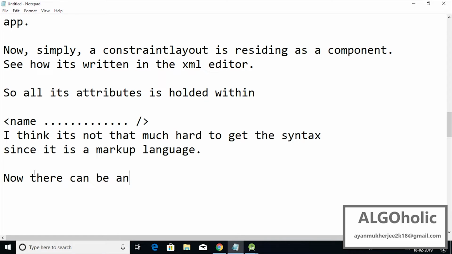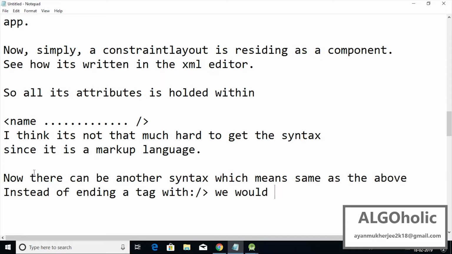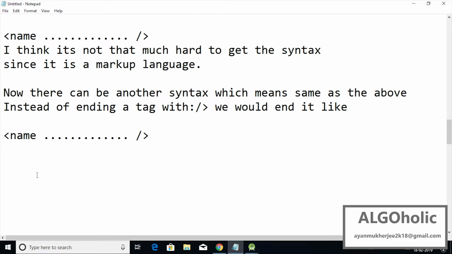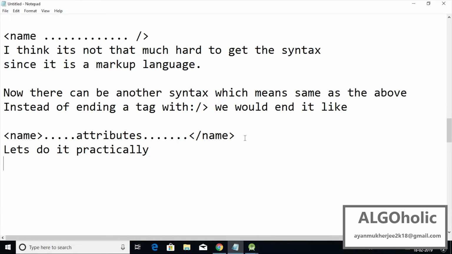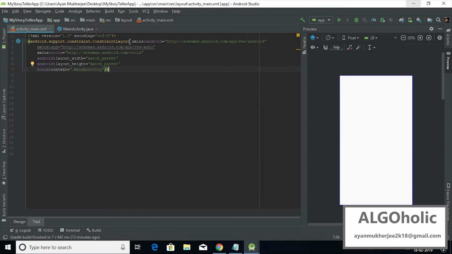Now there can be another syntax, which means the same as the above one. Instead of ending a tag with a slash and greater than sign, we would end it like this: less than sign, widget name, then attributes, greater than sign, something contained within, and again the tag ended, this time with a slash before the widget name. Let's do it practically. Oops, a little but great mistake. It should be like this,